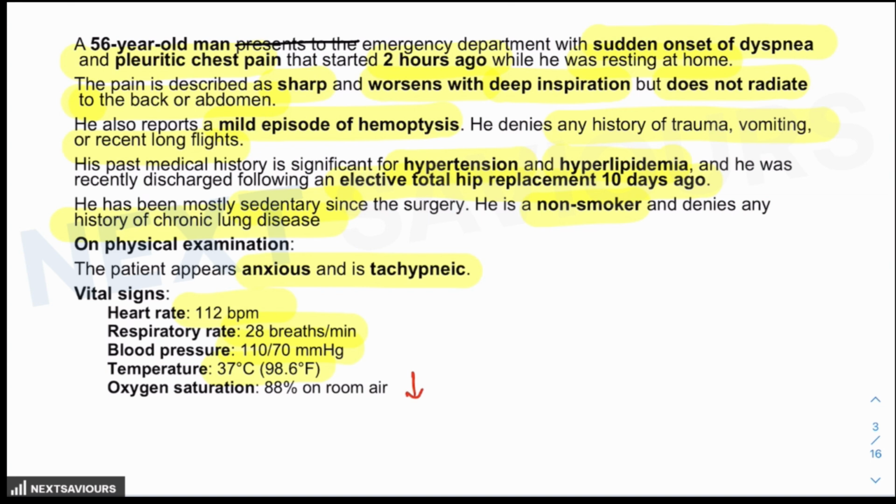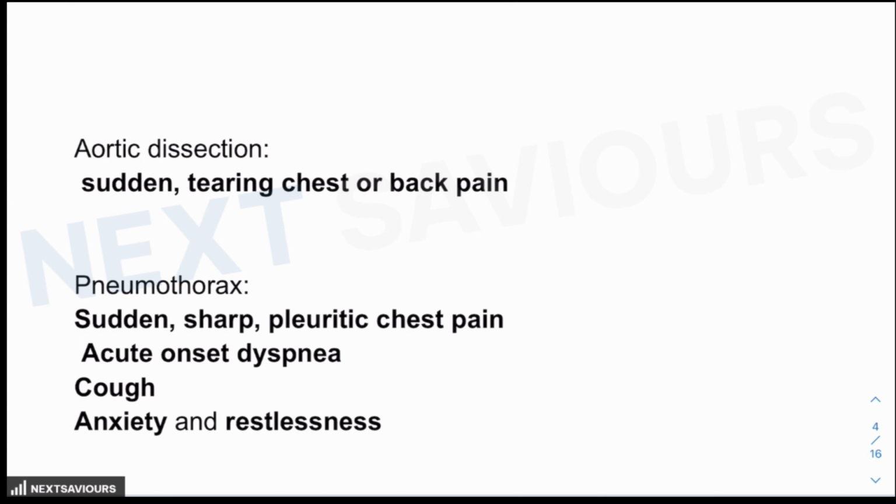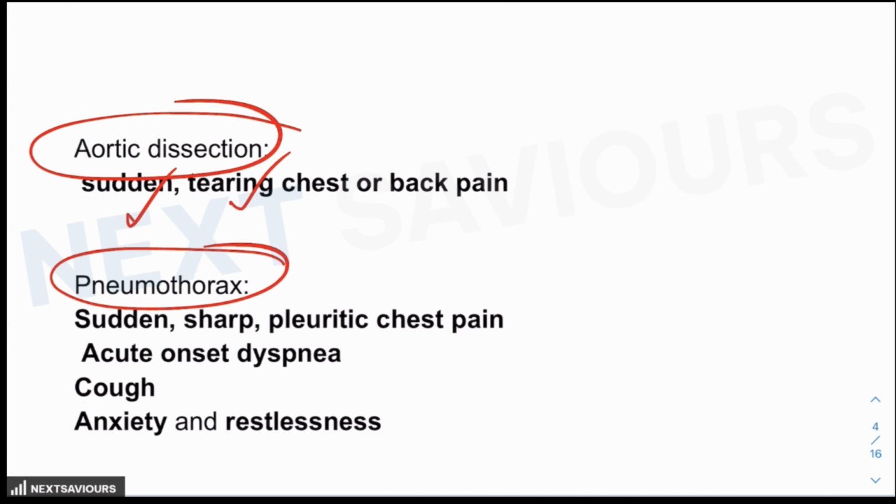So, based on this language of the question, you cannot distinguish between the majority of the differential diagnoses, like aortic dissection. As you know, it typically presents with the sudden tearing chest or back pain that radiates to the interscapular region. In case of pneumothorax, it presents with the sudden, sharp, pleuritic chest pain, which is often unilateral. It presents with acute onset dyspnea, that means shortness of breath, the cough, which could be dry and non-productive, and the anxiety and restlessness. So as you can see, there is not much of a difference that you can make out based on these